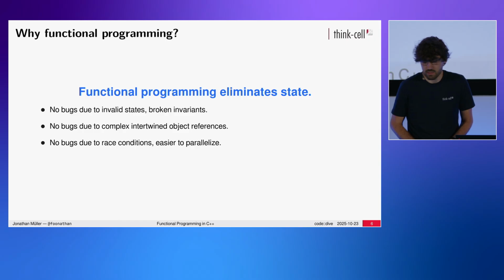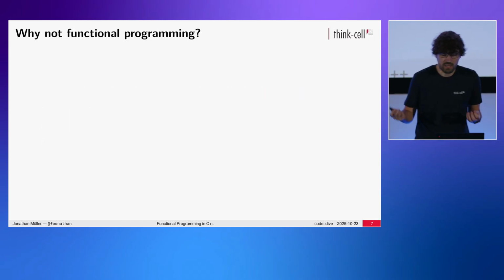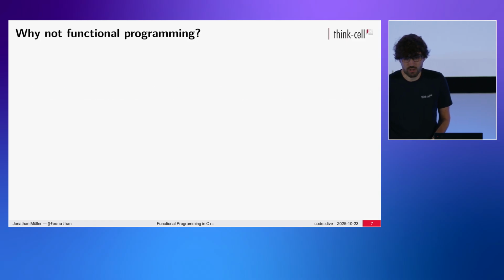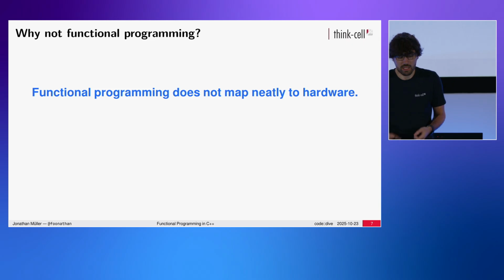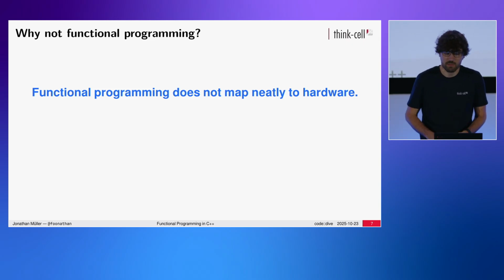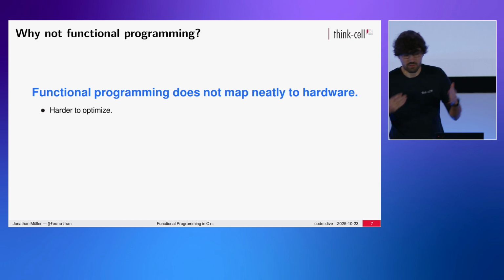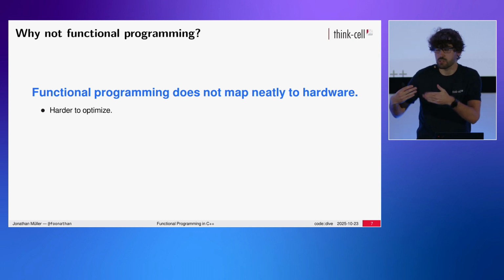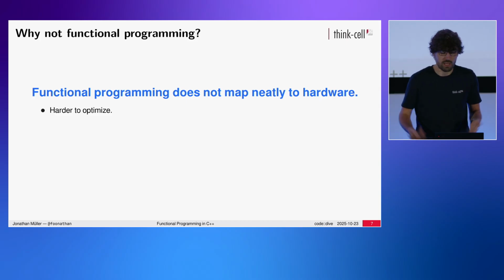Why isn't C++ a functional programming language, right? Well, fundamentally, functional programming does not map neatly to hardware, right? The CPU is very imperative, and so for maximum performance, you want something that maps neatly to hardware. So functional programming is harder to optimize because you have to translate your functional programming into the actual instructions on the CPU, and the computer might not be able to do it as well as you can do it